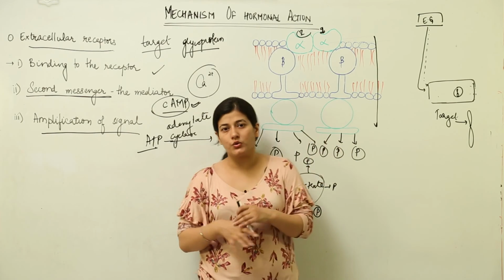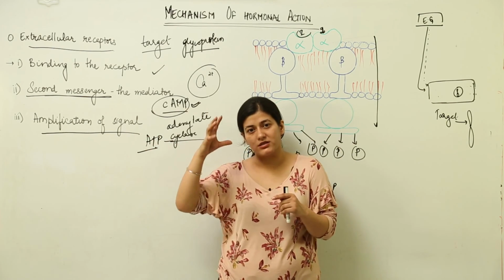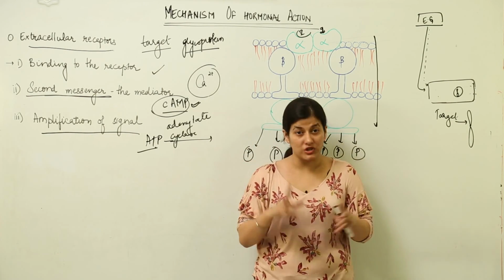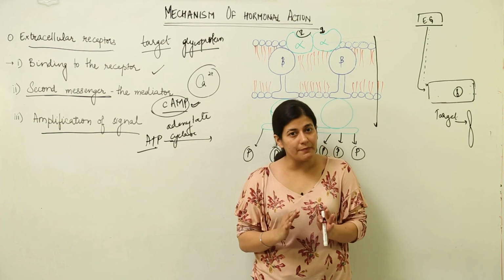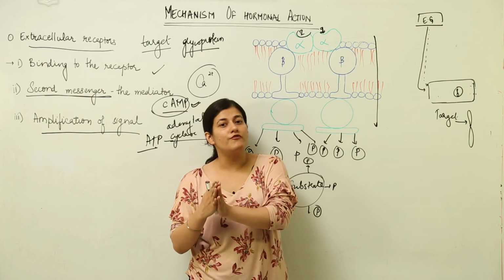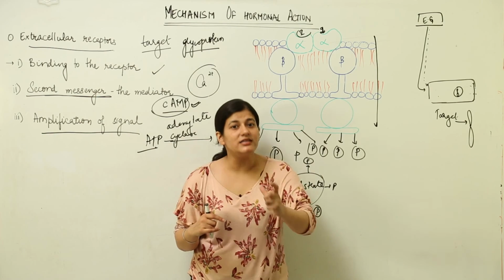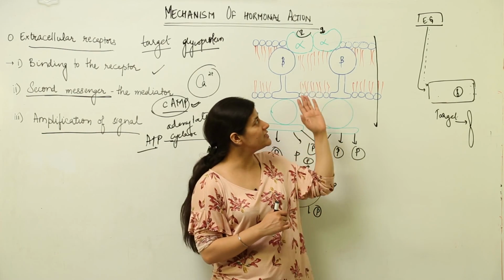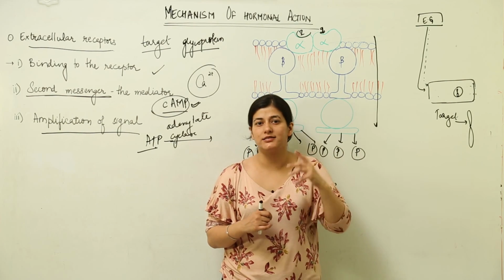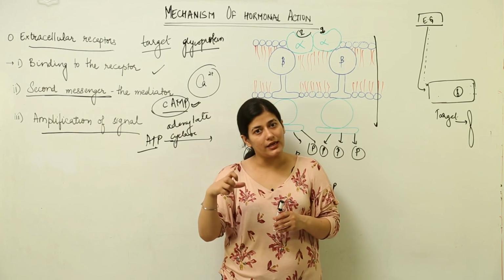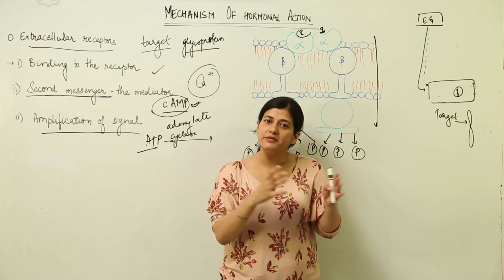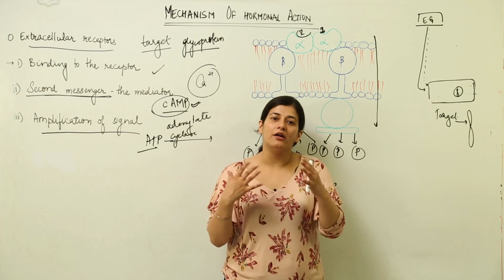You need not get into detail how the amplification takes place, because it is altogether a metabolic process that you would have to understand. It would involve glucose formation if we take the example of insulin. All you have to keep in mind is how the extracellular receptor is responsible for formation of a second messenger that is responsible for bringing about the changes. The hormone itself stays outside. It is not responsible for bringing any sort of change inside because it cannot pass the membrane. So the metabolic change information that it brings is passed on to a messenger. That messenger brings about those metabolic changes, and our hormonal action is